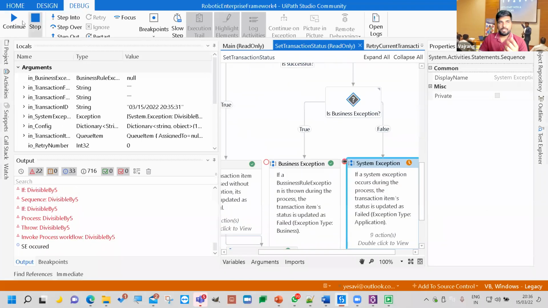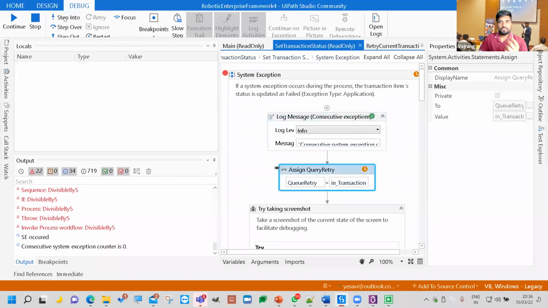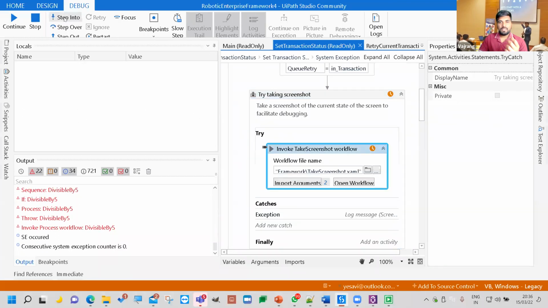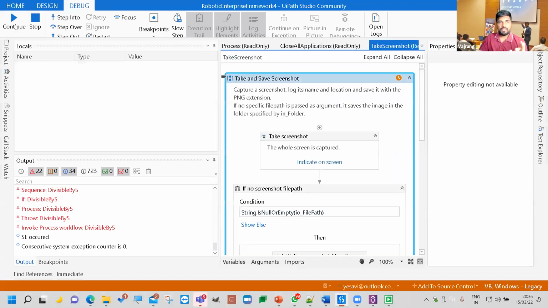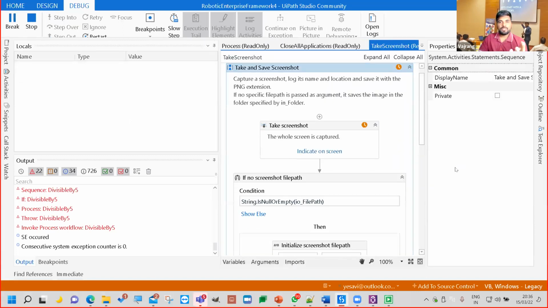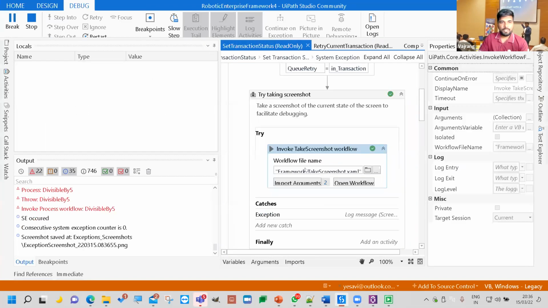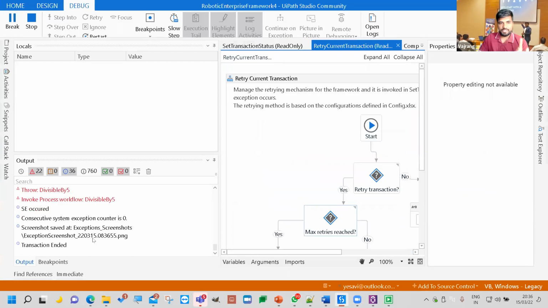Okay, and step into. So step into queue retry. Yes, take a screenshot. Now, if you observe, take a screenshot, code is executing, and I'll continue with the process. Let's just go ahead and understand the screenshot. So on the left side, you can see the screenshot is captured